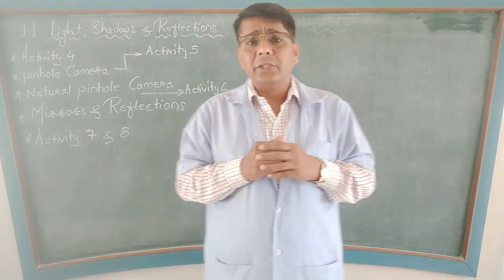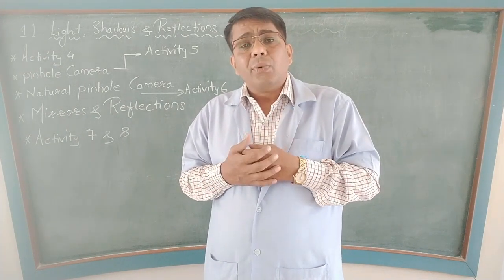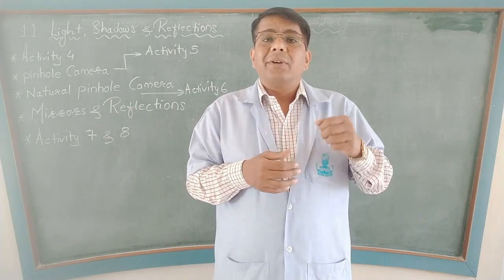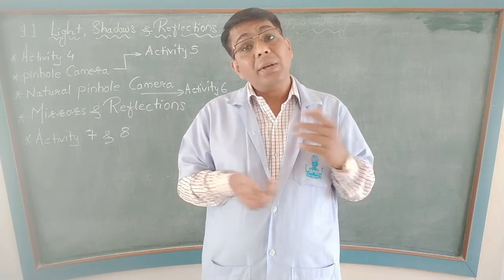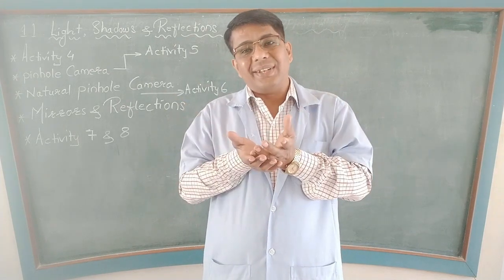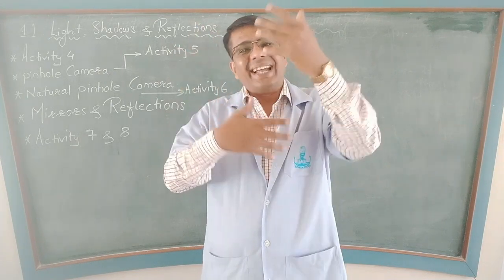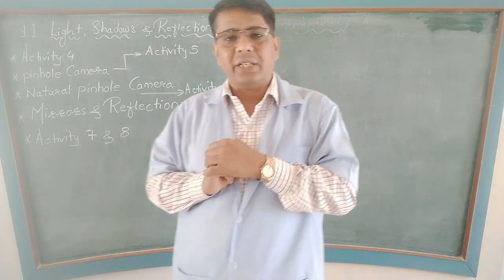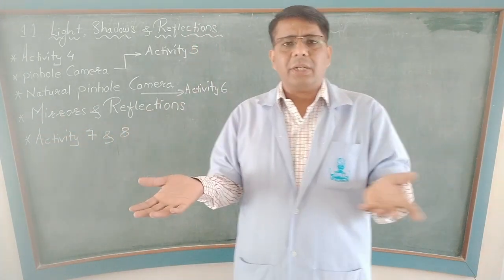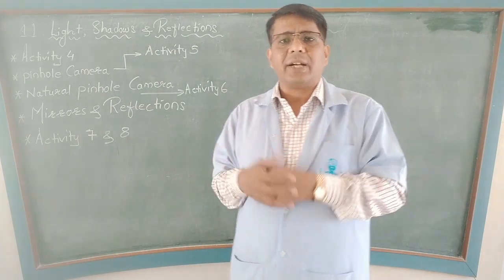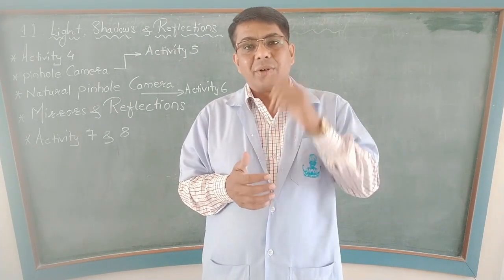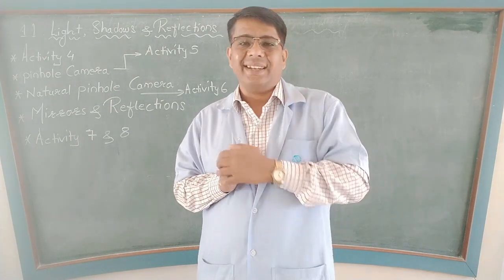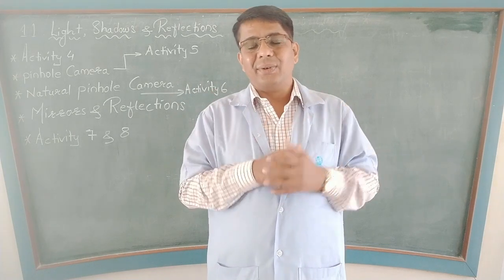Now, Boojho says, I am getting inverted images of trees and vehicles on the road. Then what about the sun? Definitely it will be inverted, but the sun is circular in shape, you know that. So we cannot identify whether it is inverted or not. You get it? At the same time, Paheli says, okay, whatever phenomenon we have seen right now, whatever shadows we are getting, it is because light travels in a straight line that we are able to get the shadows.